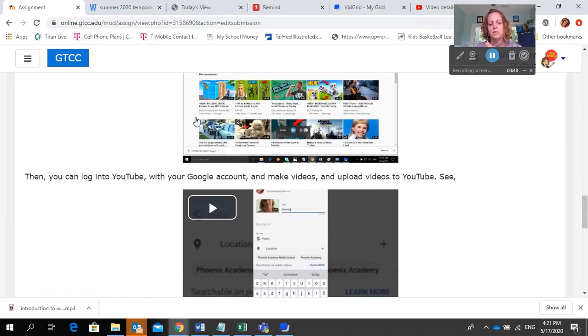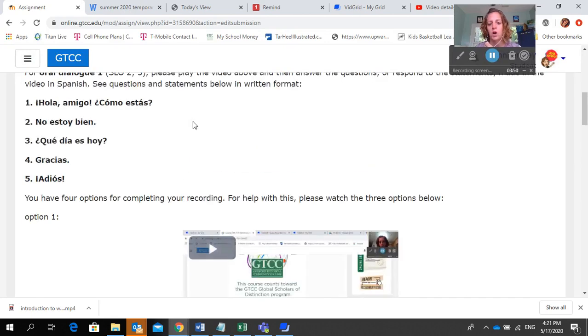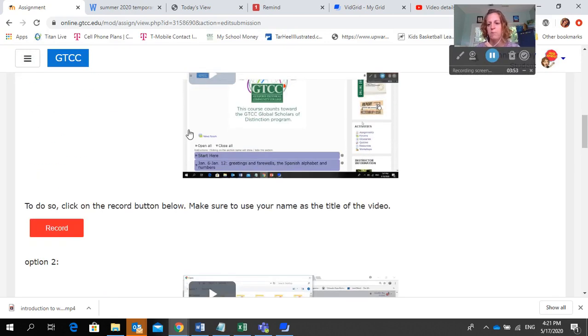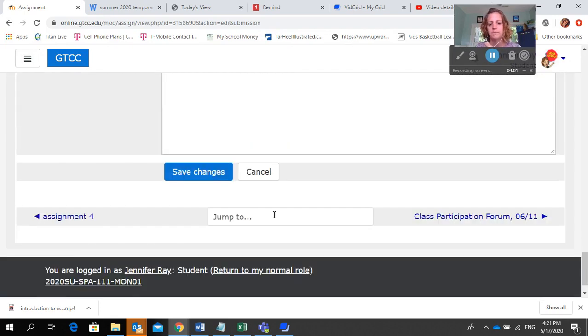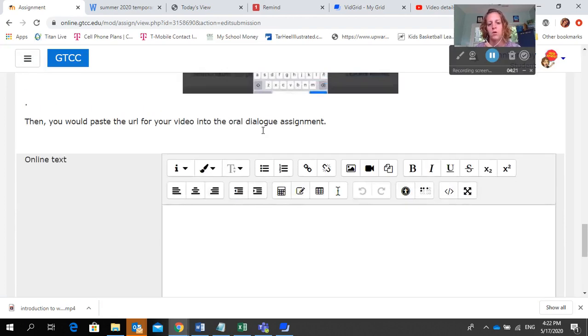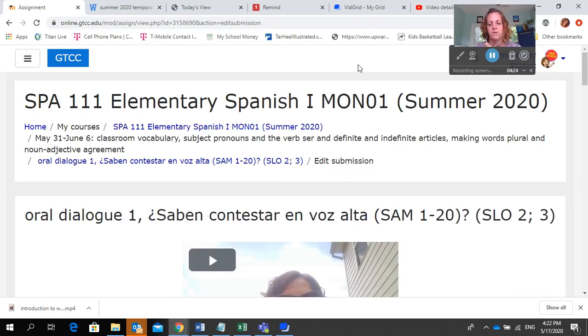But in order to do each of those, you don't have to watch the videos on all of these, just pick which recording method you would like to use, and then watch the video that corresponds to the method that you chose. And then after you're done, you can hit save changes. If you make a video like in VidGrid or use YouTube, I'm not really going to watch you guys. I'll be paying attention to what you're saying and jotting down notes to give you feedback for your pronunciation. So it's nice to see a face, but you don't have to show me your face if that makes you feel uncomfortable. And that's everything you have to do for